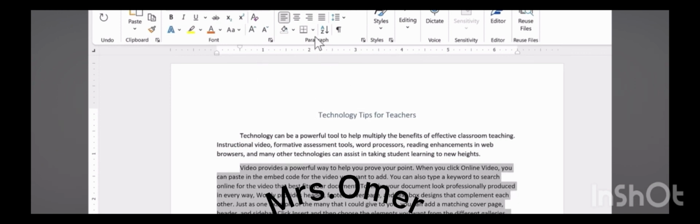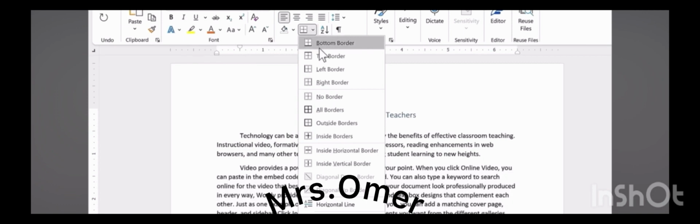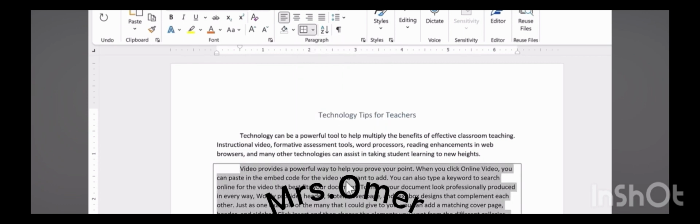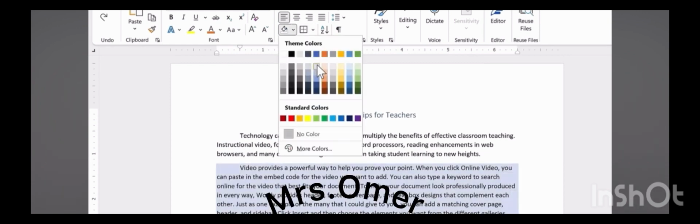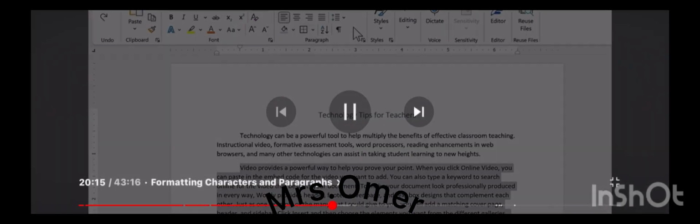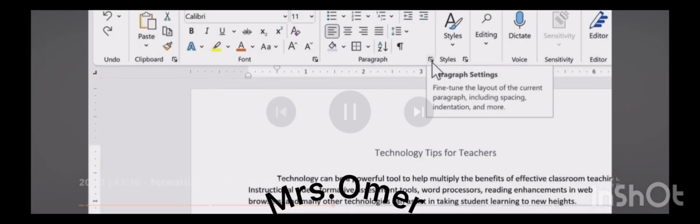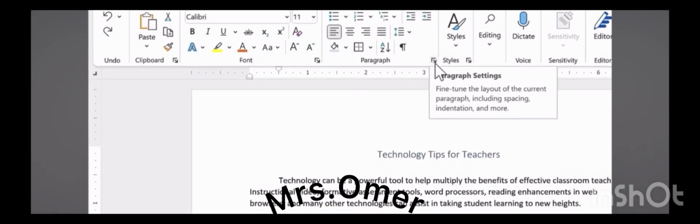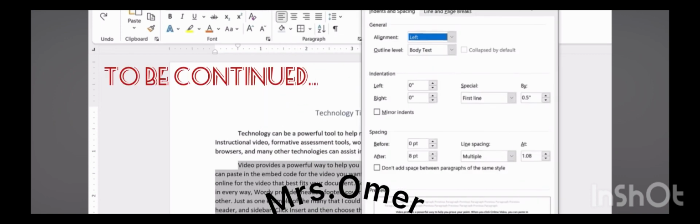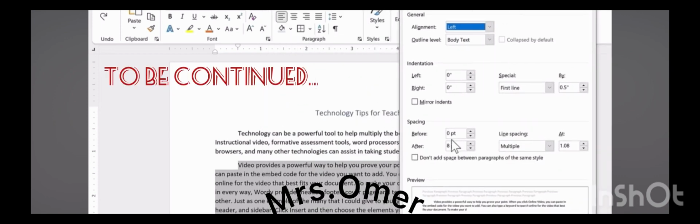If I want to, I can add borders to my paragraph. Let's say I want borders around the outside of the paragraph. I can click there, and now I have a nice border around it. I'm going to undo that. I also have some color options. I could put in a background color for the paragraph, and there are other options that you can explore as well. But I want you to notice this button here, the Paragraph Settings Launch button. If I click that, I get a dialog box where I can adjust things like the line spacing. So right now,